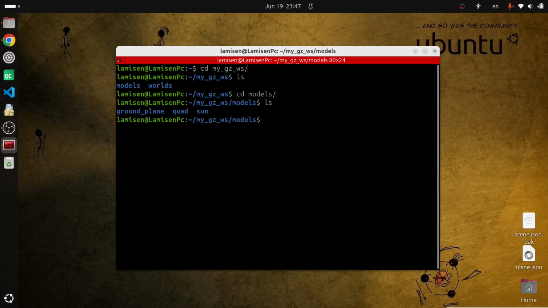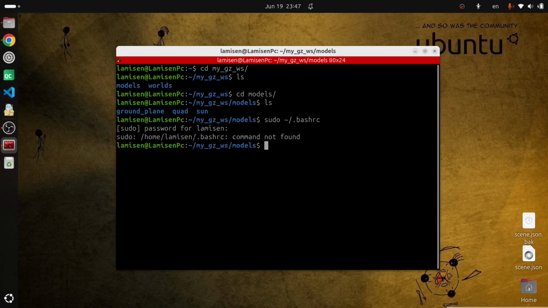So when I address the model inside the world file, if the model is in this directory, it will find it. To specify a directory as your Gazebo path, you can open your bashrc file